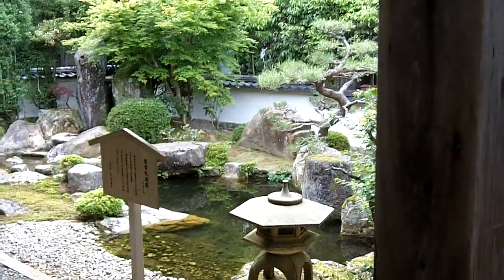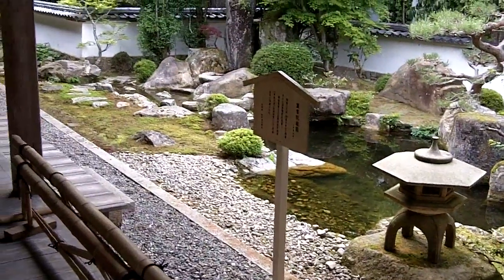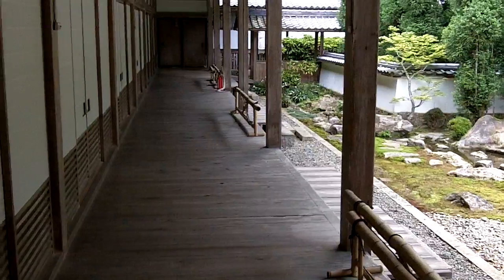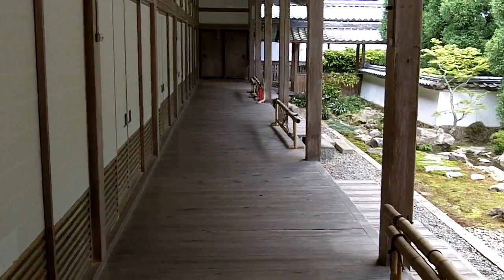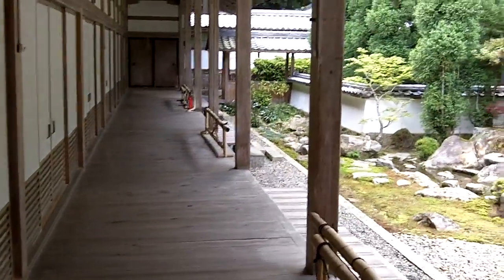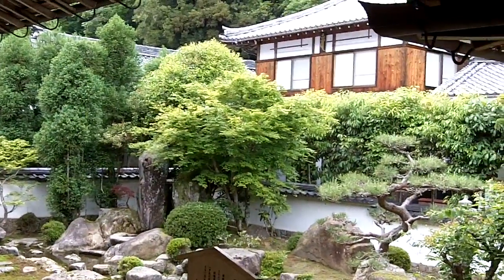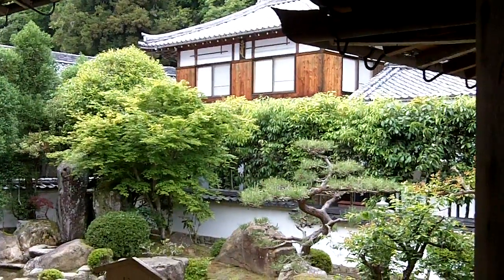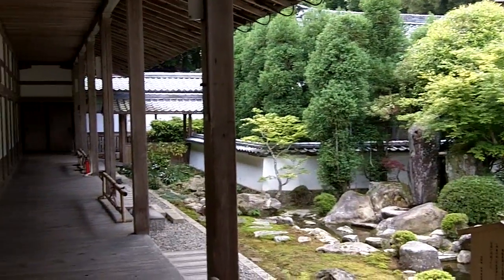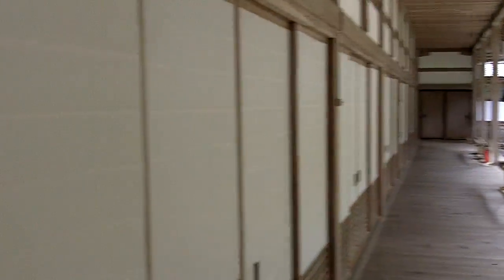And here's the garden. And myself and students occupied rooms down this hallway to the left. And the abbot of this temple, Nishimura Daisojo, lives in that building right there. So we had to be quiet, obviously, over here in this neck of the woods. So I'm going to take you back down the hallway,